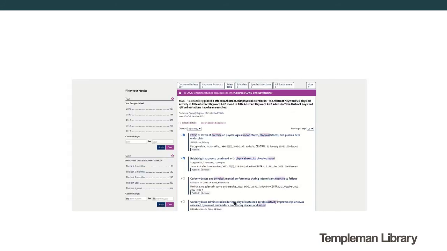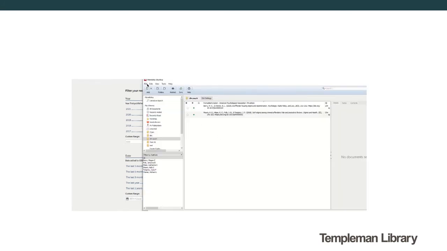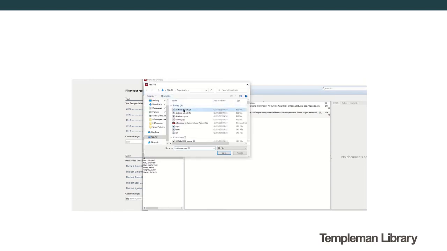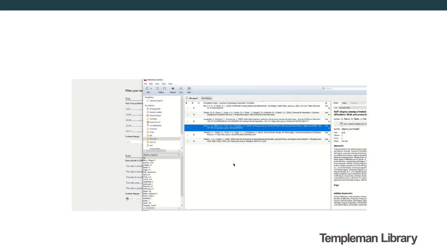So let's just have a reminder of how we do that in Mendeley. So if we go back into our Mendeley desktop version and we go back, so we're in the clinical psychology folder, and then we go up to File, Add Files, and then we can do the two most recent ones. Open those up, and then all of those references will be within there,